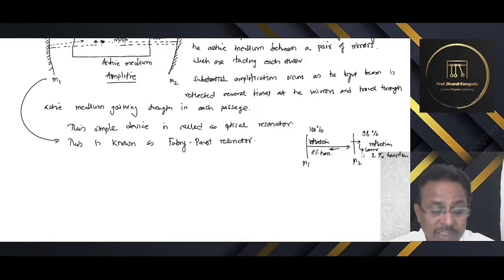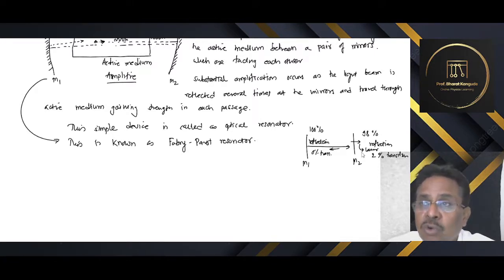So this particular oscillator is called a Fabry-Perot resonator. The mirrors could be either plane or curved, and are designed such that one of them reflects all the light. So 100% reflection is there for one of the mirrors, while the other one reflects most of the light incident on it, and a small portion of light is transmitted through this mirror as the laser output beam. The second mirror, M2, has some less reflection, and thereby it can transmit some of the light, and whatever light is transmitted is nothing but the laser light that is to be taken out of this type of resonator.